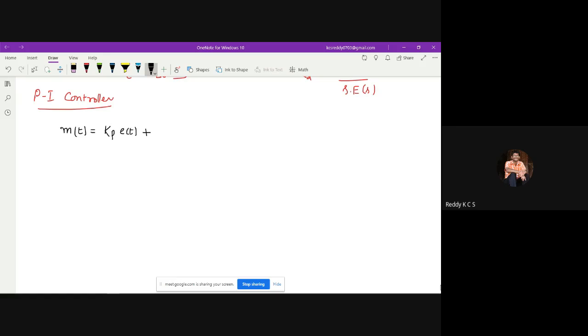The integral controller has the manipulated signal equation, that is m of t is equal to Ki integral of e of t dt. So this is what is additional. When I write the block diagram here, I need to mention both controllers, that is proportional plus integral, P plus I, and it gives the manipulated signal, this m of t. So here this proportional plus integral is going to be added.